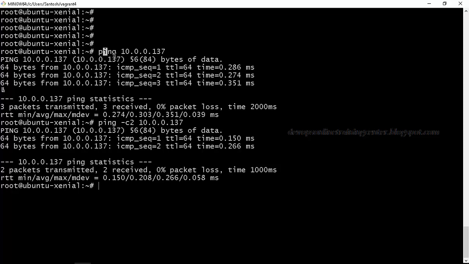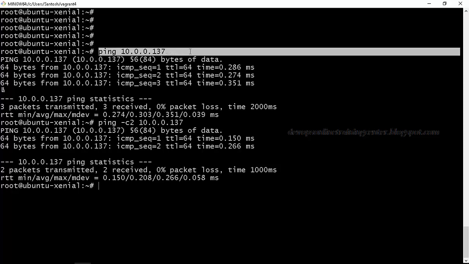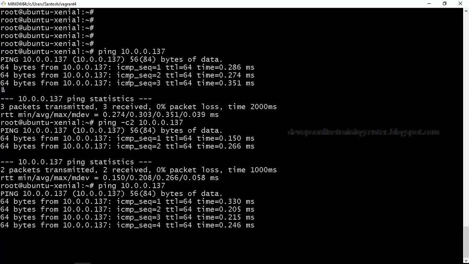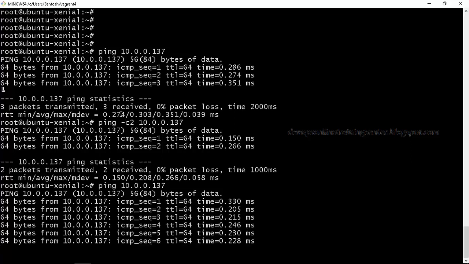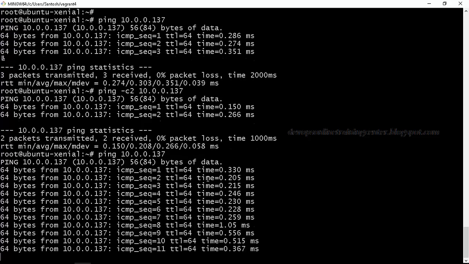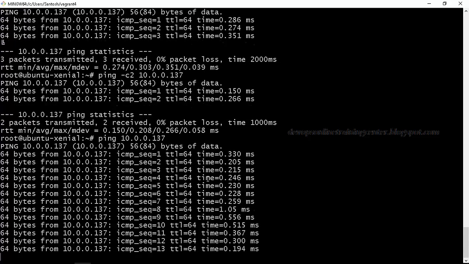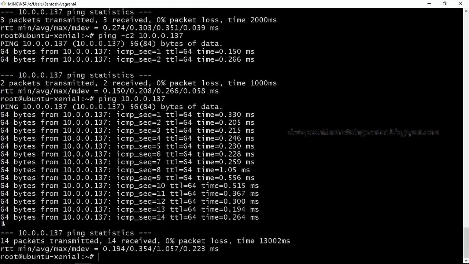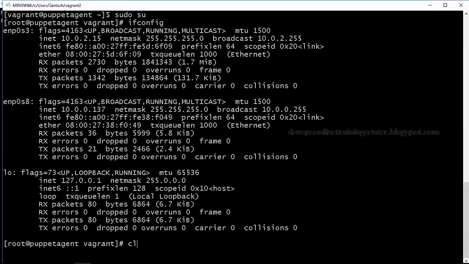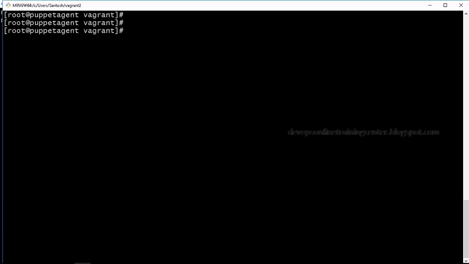Just ping will ping indefinitely until you come out of the prompt, right? And if you want to ping for 2 iterations, ping -c2 is the command. ping -cn for n number of iterations.